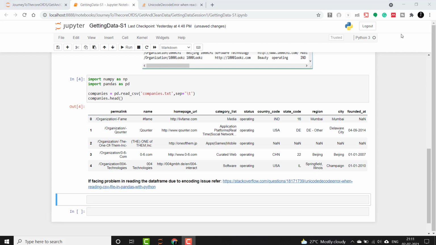Now there can be cases with previous versions of pandas or encoding which is default in your case. In those cases an encoding error will come. The error appears because of a decoding issue pandas is facing. The best way to resolve such problems is to search for help, for example, on Stack Overflow, where you will get an excellent suggestion from the community. So one possible solution to this problem is found here on this link.